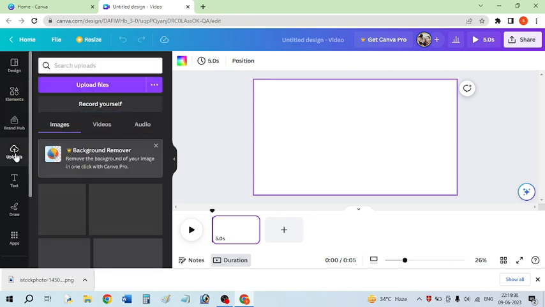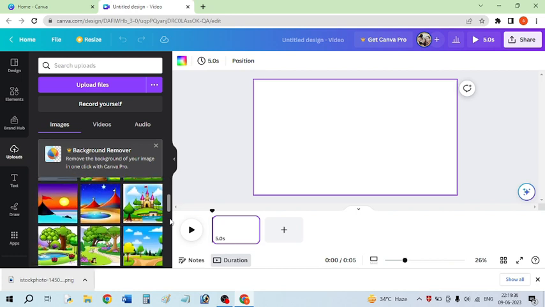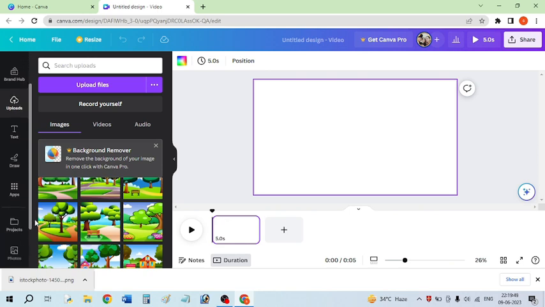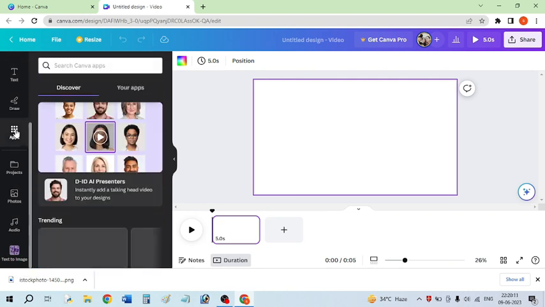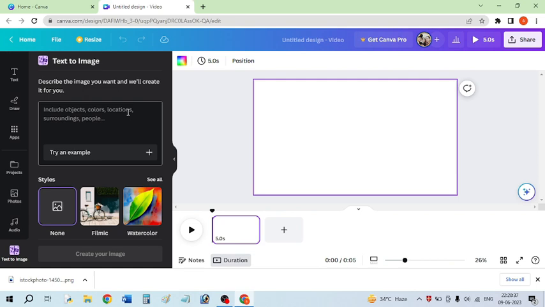In my upload section, I'll show you, there are some images of forest that I have generated with the help of Canva. In Canva, we have one option, that is text to image. You don't have this tab here, so first you have to click on the apps option. You will find it in the popular section. But as I'm using this option over and over again, it is displaying on my screen. Just click on text to image,